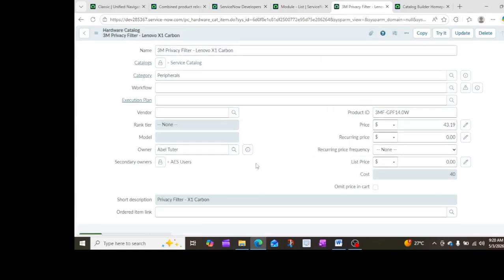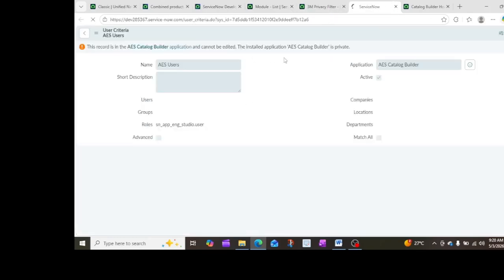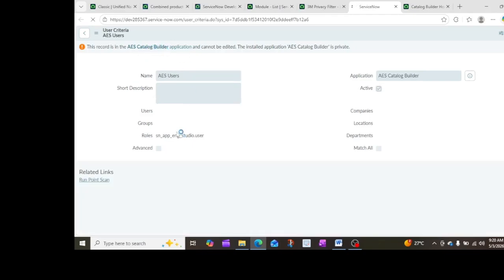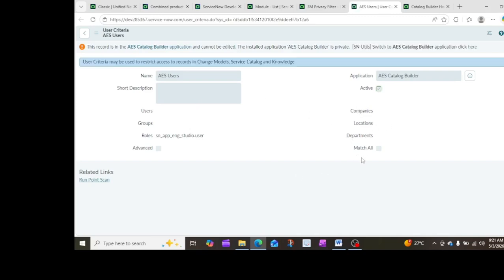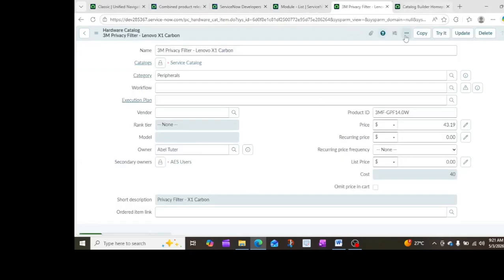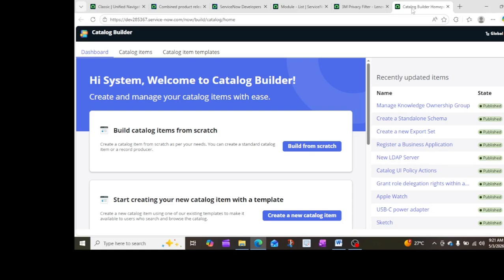I hope you are aware how this user criteria works. Just to give you a quick glance, in user criteria, you can define a group of people based on the users, group, roles, companies, location, or a combination of all these. Based on that, you can create the user criteria who can go and update this particular catalog item. All right. So let's move to another one. In catalog builder, let's create a